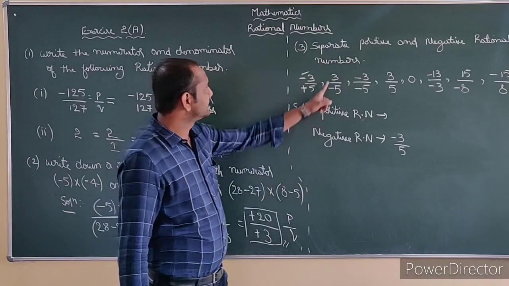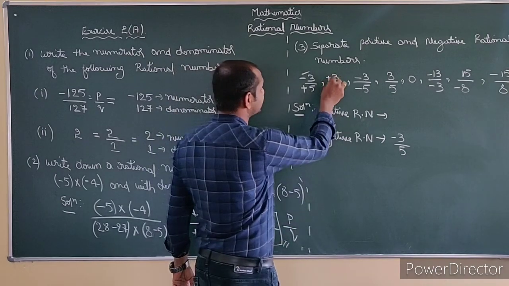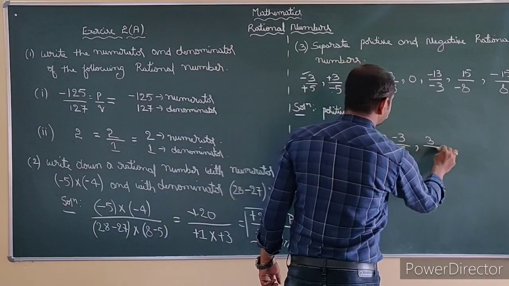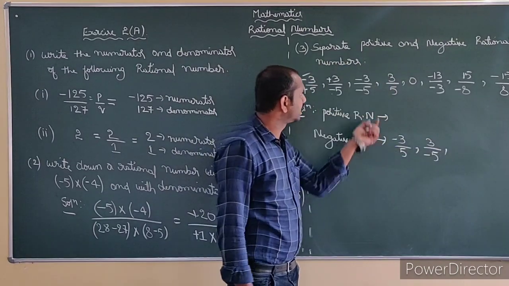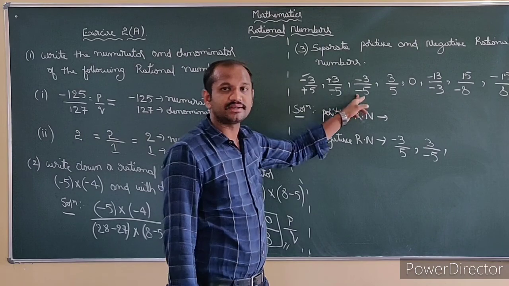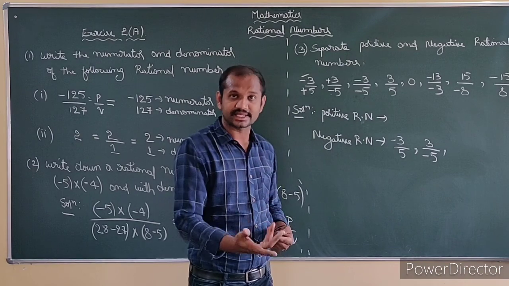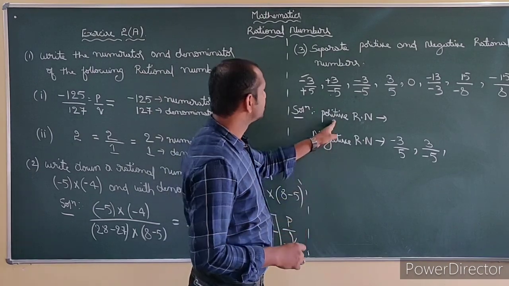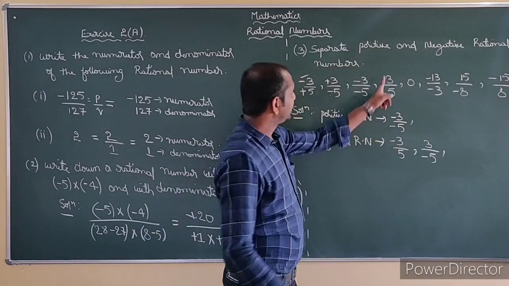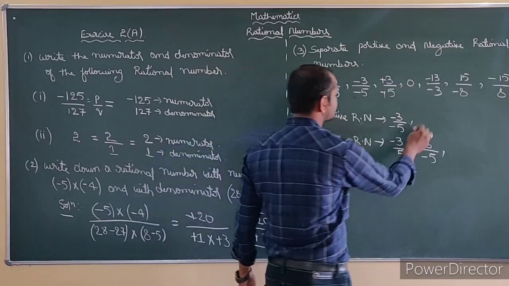This is solved. Second, we have 3 by minus 5. Again I have plus here, minus here. Two different signs. Then also it comes under negative rational number. That is 3 by minus 5. Next I have minus 3 by minus 5. See, the numerator has the same sign as the denominator. What is the rule of division of integers? If the numerator and denominator have the same signs, the answer will be positive. So that comes under positive rational number. Then next one, we have both plus. So obviously it comes under which? Positive rational number.